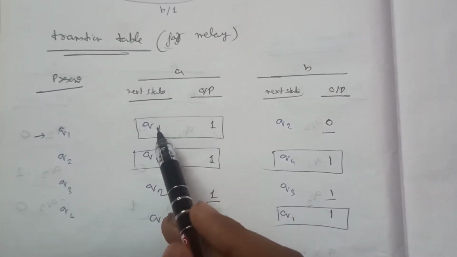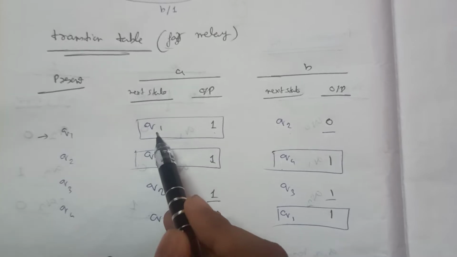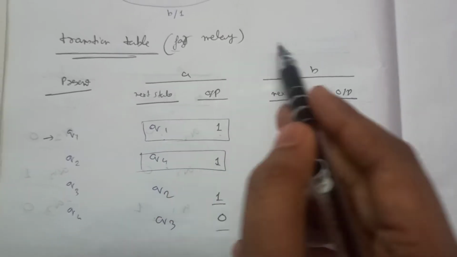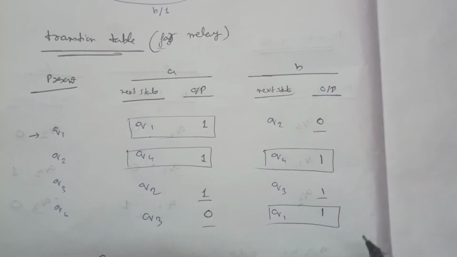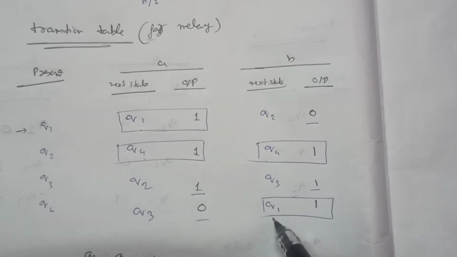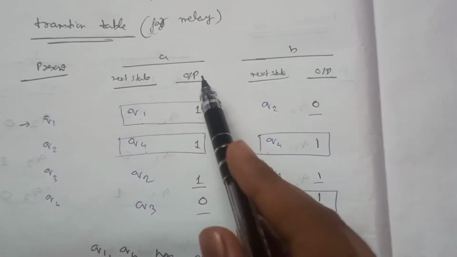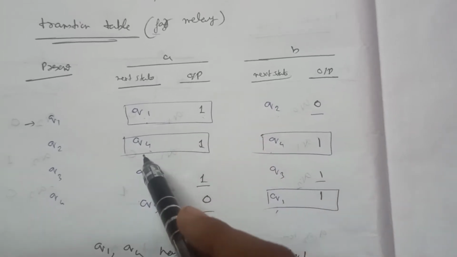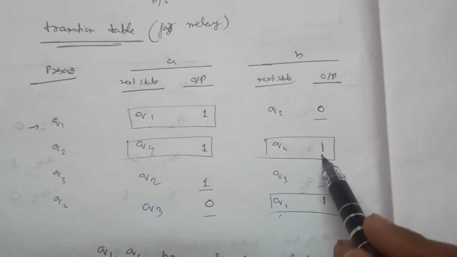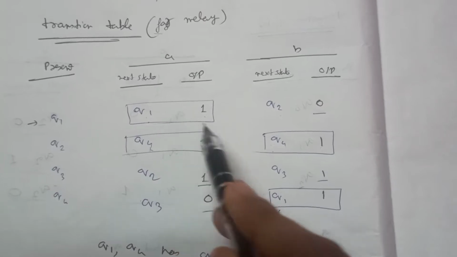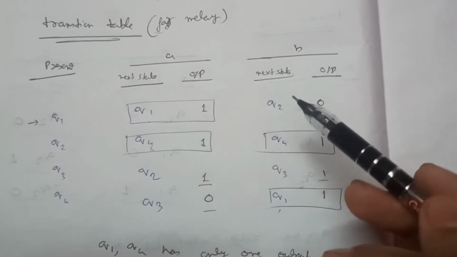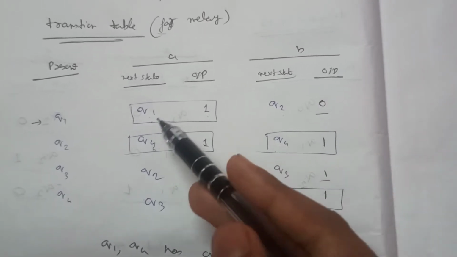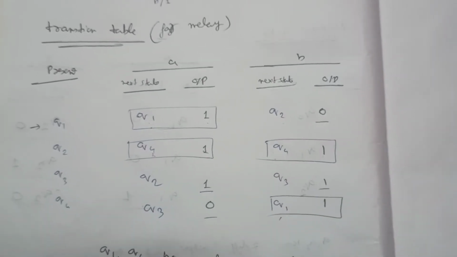So for next state, suppose there is a next state q1, and for all the next states there is another q1 here. So for both the q1s the output is same, 1 and 1. Again for both the q4s the output is same, 1 and 1. So I can just copy these states because there is only a single output for a single state. I can just copy those to our Moore machine.